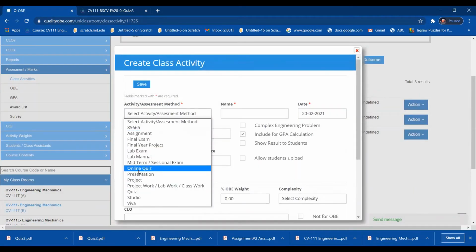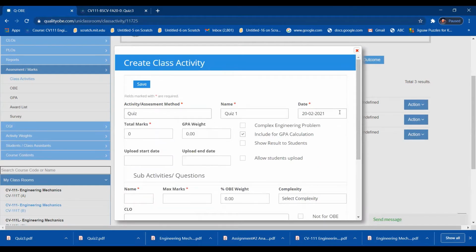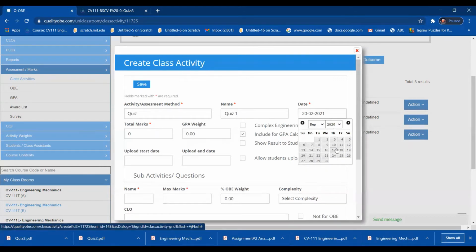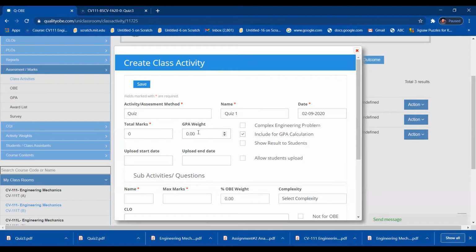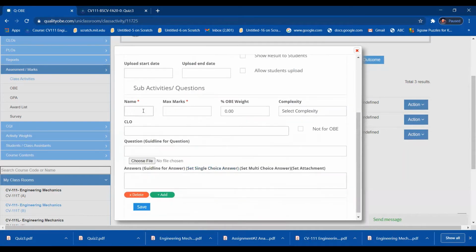So let's move on to the online quiz. I have taken the quiz on 2nd September 2020. So let me click on 2020, this is September, and it is the 2nd of September. It is 3 marks, and I'm not going to total it.